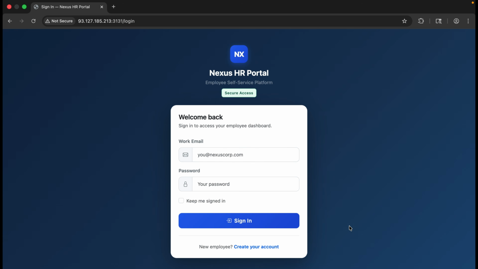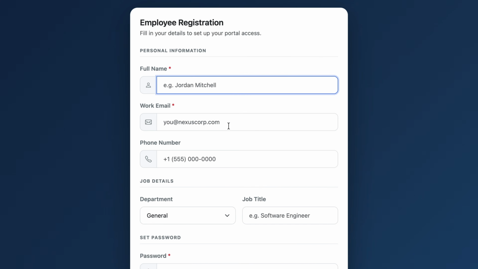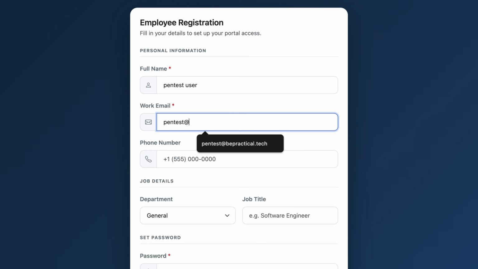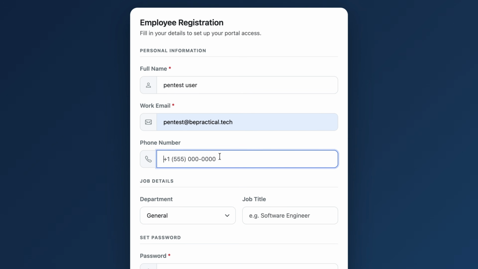So first things first, as you can see, we have an application over here, and let's try to understand it as a normal user. Let's try to browse this application as a normal user. If I'm seeing this application for the first time, let's go ahead and create an account over here. So we'll go to create account. Let's give it a name, pentest user, pentest@practical tech. Let's add any number,